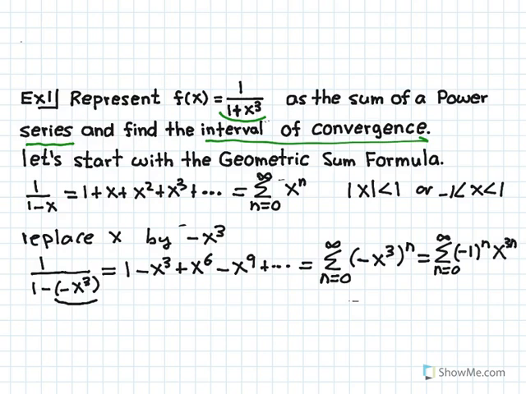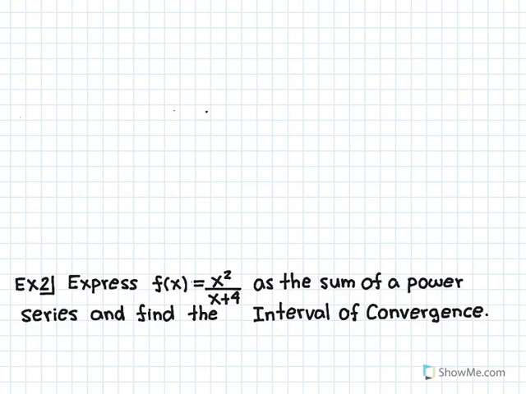Now we know that 1 over 1 plus x cubed is itself a geometric series. It's a geometric series with r, the common ratio, to be minus x cubed. So let's find the interval of convergence for this geometric series. So we have r is equal to minus x cubed, and this geometric series converges for absolute value of r less than 1. So absolute value of minus x cubed